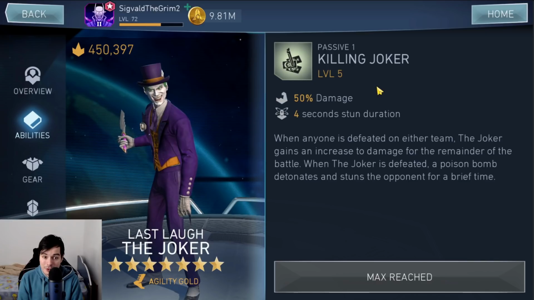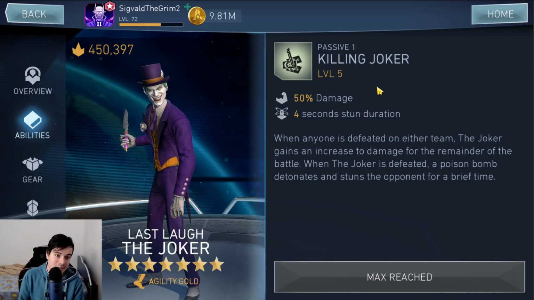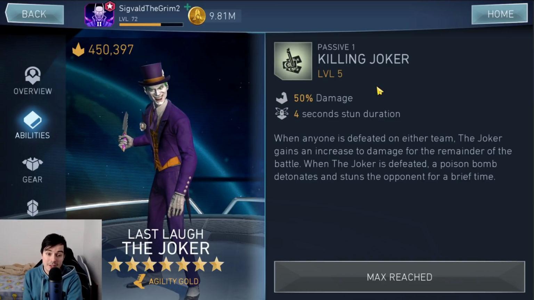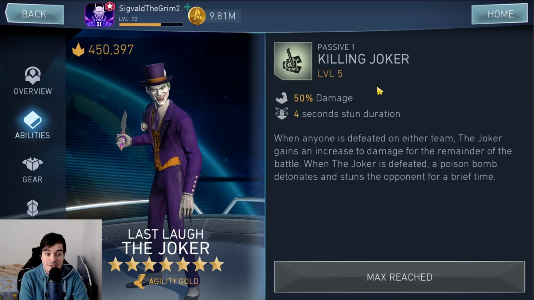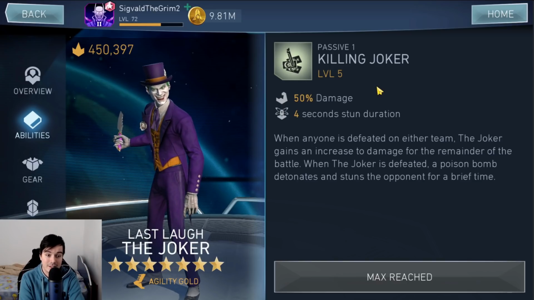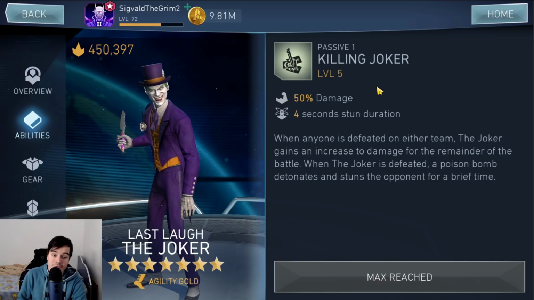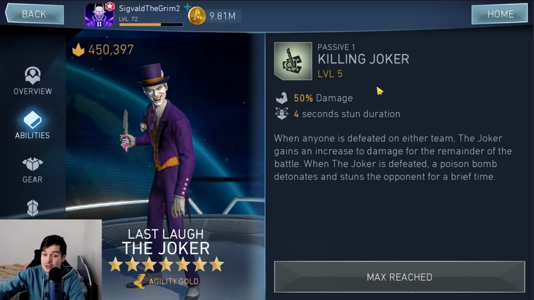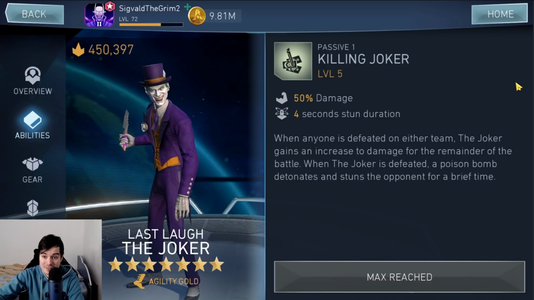And because of the globe, you're going to be able to trigger this 2 additional times, because you're going to put the globe on your support character. Let's say you have Just Like Flash as a support character. You're going to put that on Just Like Flash, and then let's say Flash is going to die once. You're going to get 50%. Then he's going to die 2 times more. I mean, not him, but the ice clones. And you're going to go from having a 50% damage buff in that fight to having a 150% damage buff in that fight. So this is going to be a tremendous buff to Last of Joker,